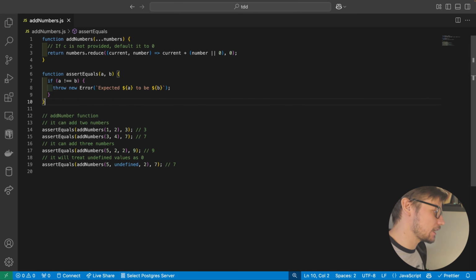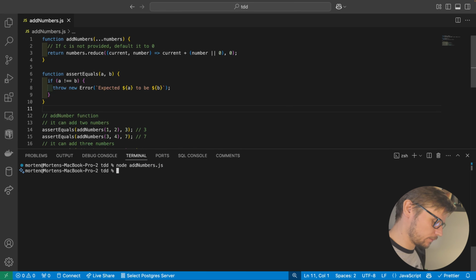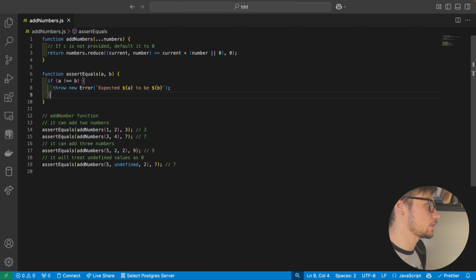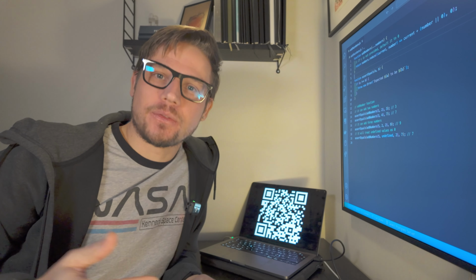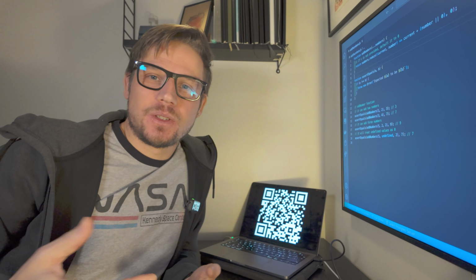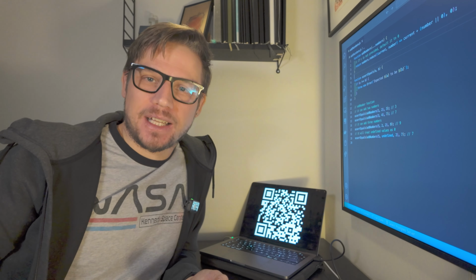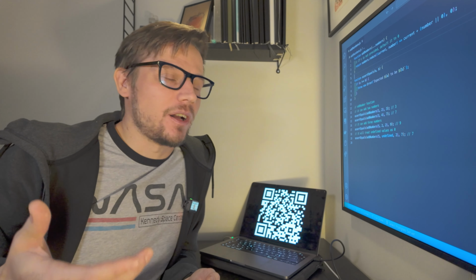And what we can see now, if we run our code again, our code is now functioning, but we now changed our code so that we can take an arbitrary number of arguments and we can have undefined in any place in the add numbers function. The refactoring phase of the red-green refactor cycle is now done. We clearly saw that by adding a red test and then making a small change, we had a lot of different